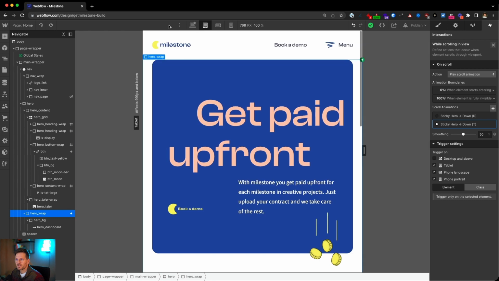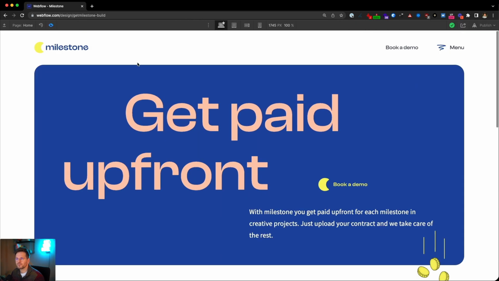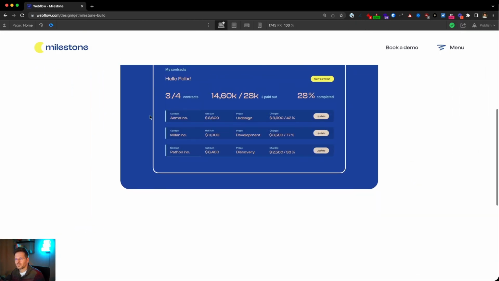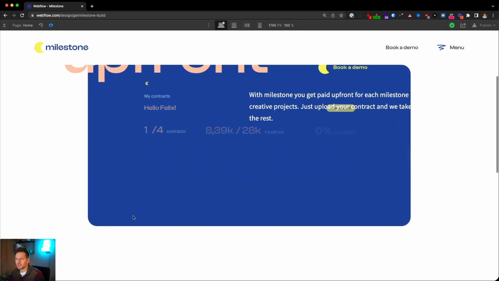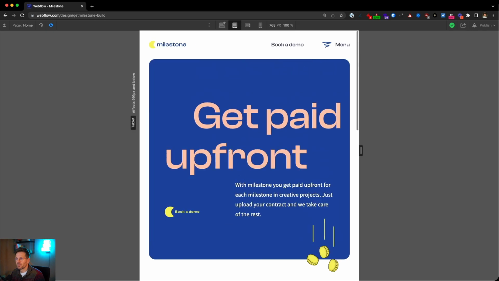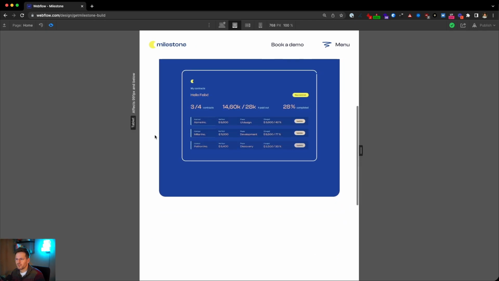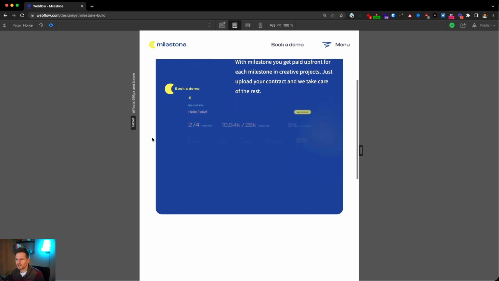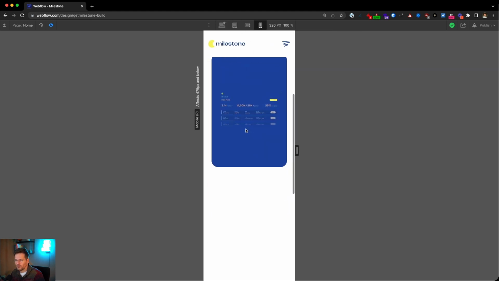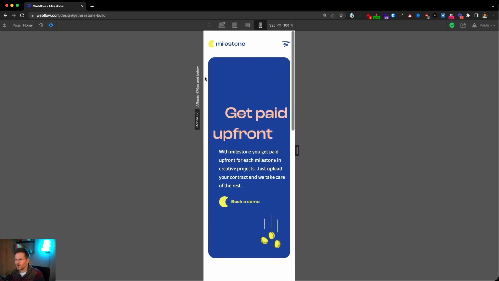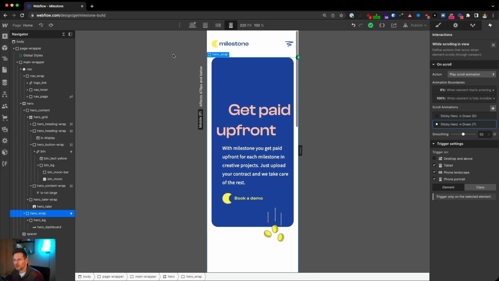And you can see the difference between the animation. So this is like the 60% of the viewport width. And from here on, you can see it doesn't shrink that much. It just gets down to 90 because otherwise this dashboard would get very tiny, especially here on mobile. So that's all I changed, and now the scroll animation is ready or done.